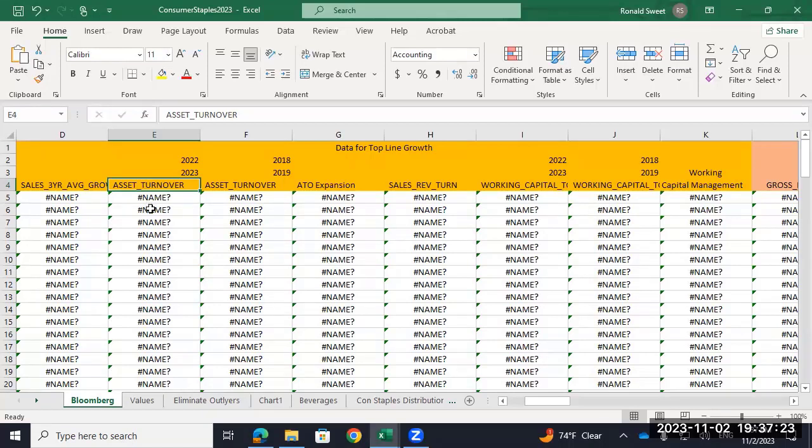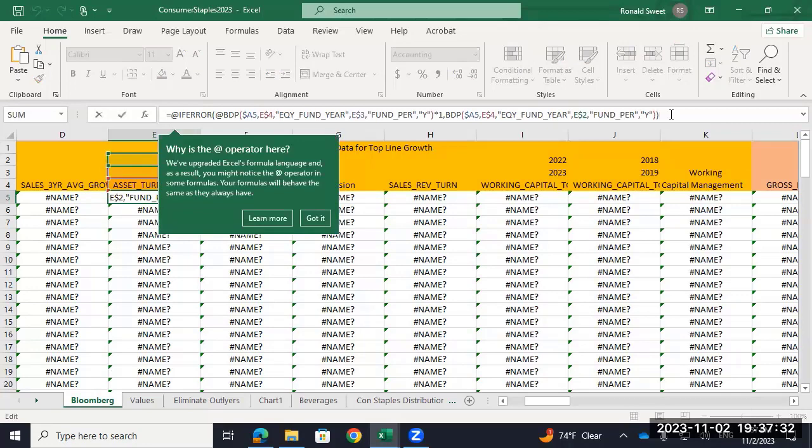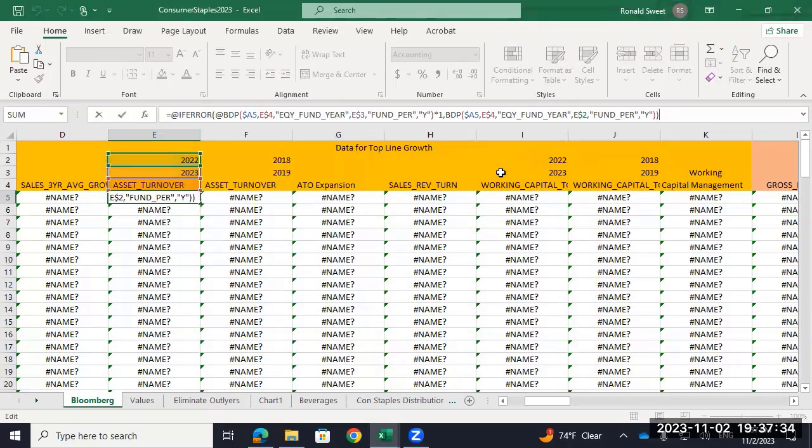I did asset turnover, and the way this formula works, and we'll have to figure out if the formula is pretty complicated. The way this formula works is it says, if error, have y'all used the IFERROR function before? So what it's saying is BDP, that's Bloomberg data point. This won't work on your machine. I've got the values here so I can actually show you. Bloomberg data point. A5 is the ticker. So for A5,